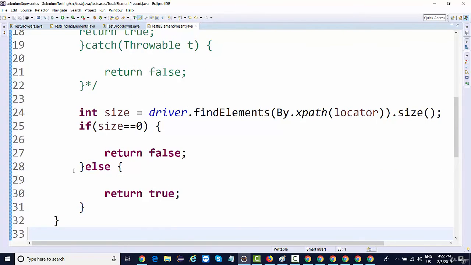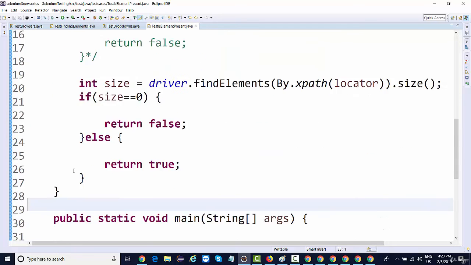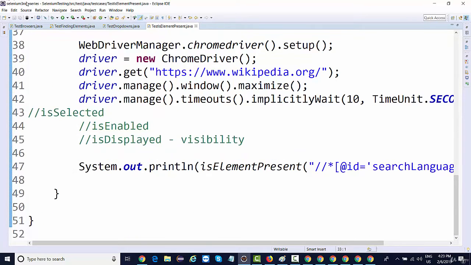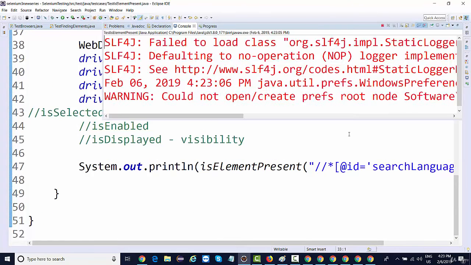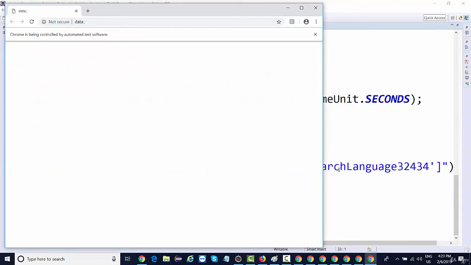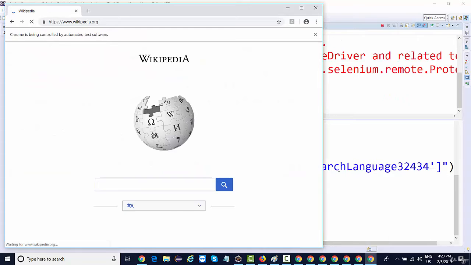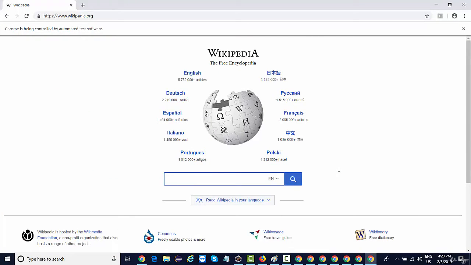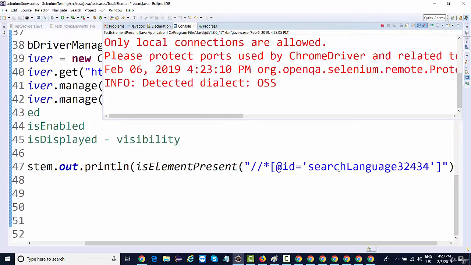Again, we have created the same method, but with a different logic. So these are only logics, right? If I run this now, if the XPath is incorrect, then it should return false, meaning the element is not there on the page. So let's see.